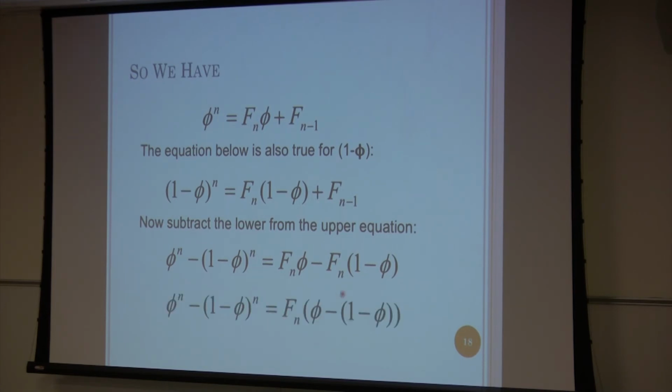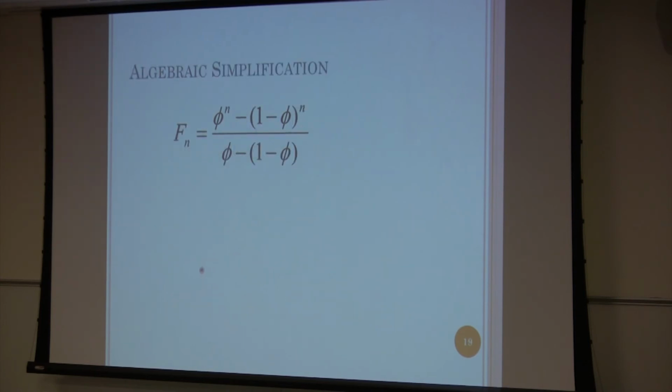So all I did is subtract this bottom one from the top one. We get this form. And then we have to do some basic factoring to get it into this form at the bottom. And notice I have a quantity f sub n sitting by itself here. So it's multiplied by something. I'm just going to take that something and divide it into the left-hand side. And we finally have this form, f sub n, the nth Fibonacci number, is equal to phi raised to the nth power minus the quantity 1 minus phi to the nth power over phi minus this thing, but the denominator simplifies